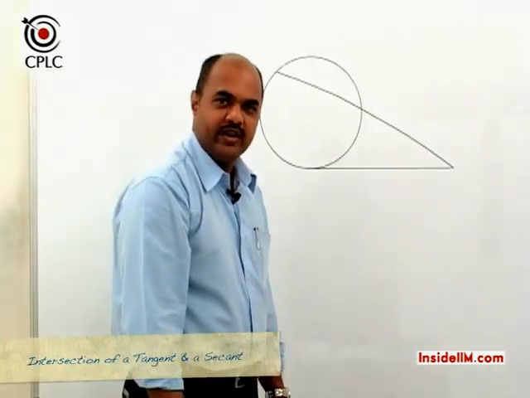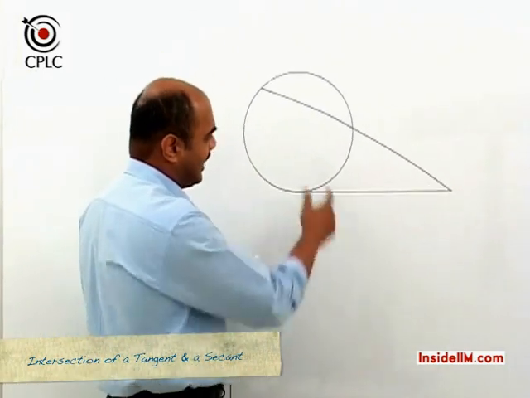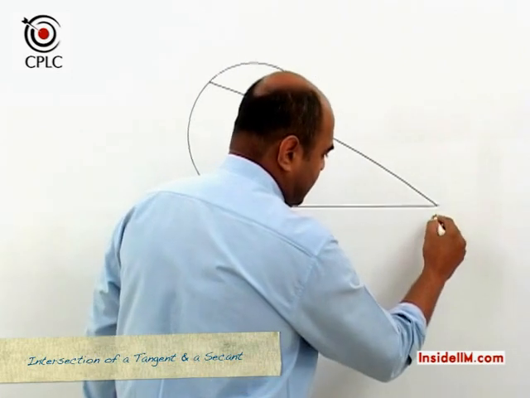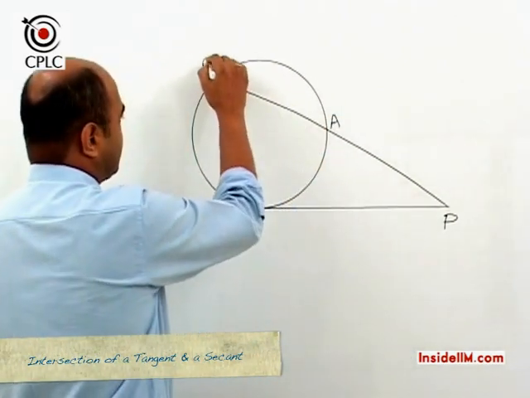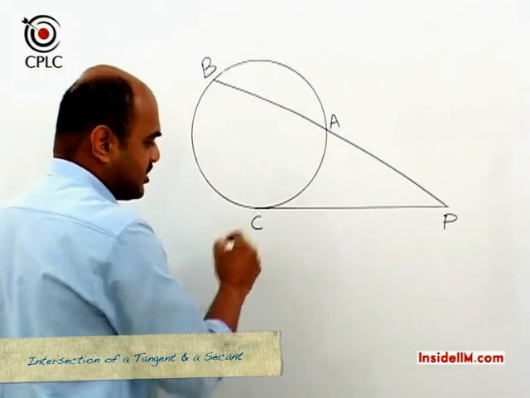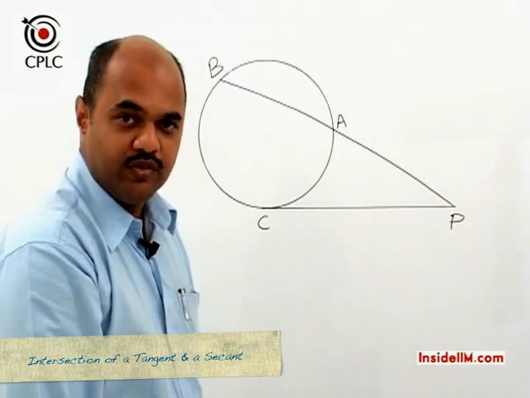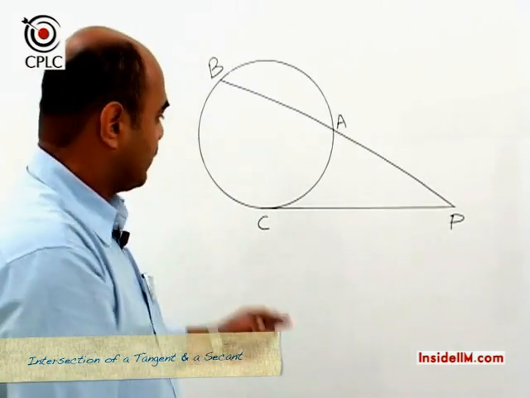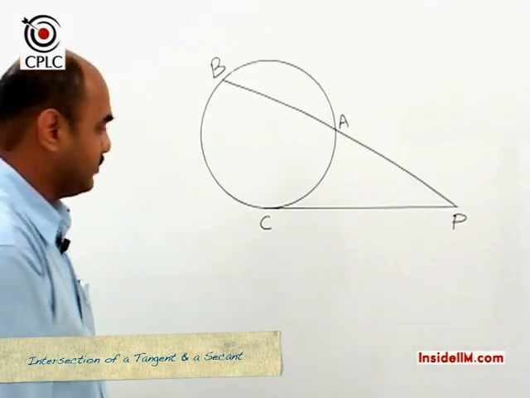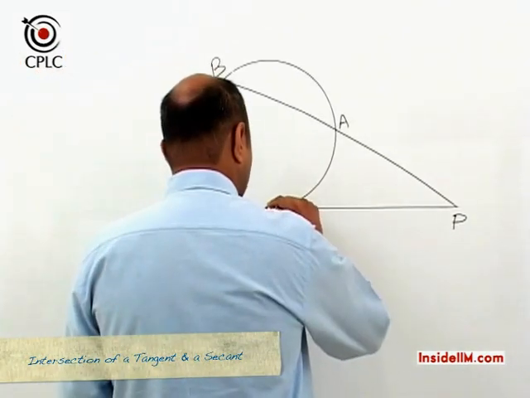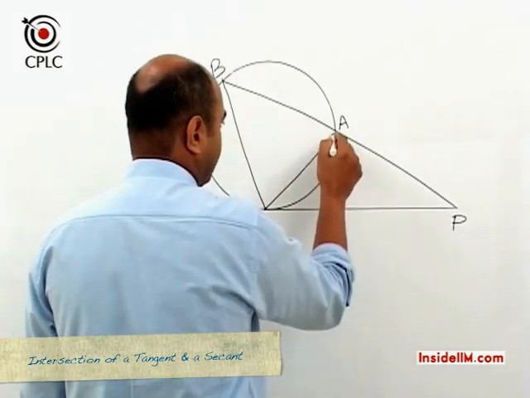Let's now move on to intersection of a tangent and a secant. Suppose we have a tangent and a secant and they intersect at this point P. The secant cuts the circle in these points A and B, and the tangent touches the circle at point C. Yet again we want to arrive at two formulae, one with respect to the lengths and the other with respect to the angle at the point of intersection. Let's now join these points A and C and B and C.